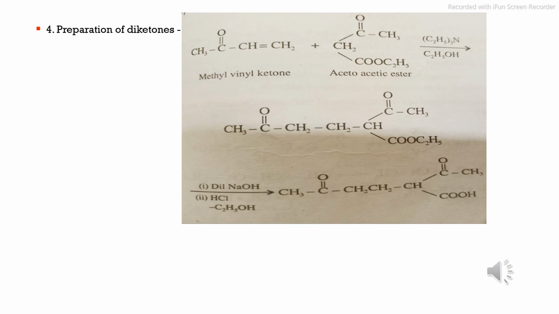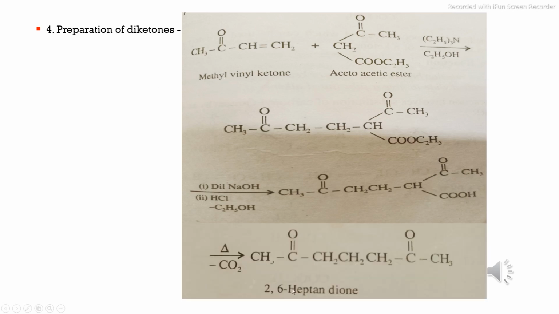Another application is synthesis of diketones. So when alpha beta unsaturated ketones react with acetoacetic ester, a diketone is prepared. For example, synthesis of 2,6-heptanedione. So when methyl phenyl ketone reacts with acetoacetic ester in mild basic condition, it gives the Michael addition product, and then